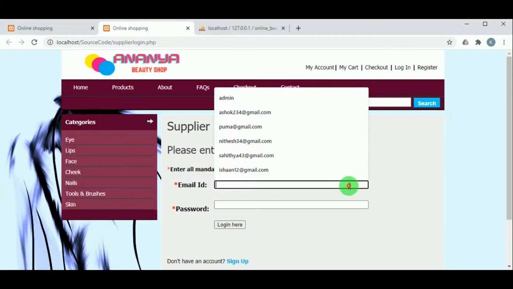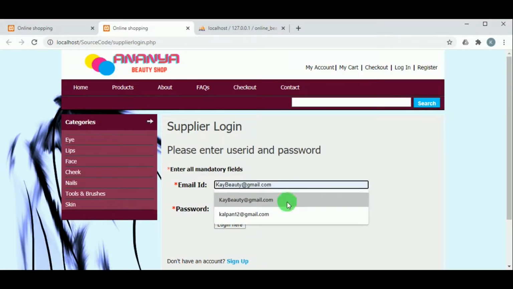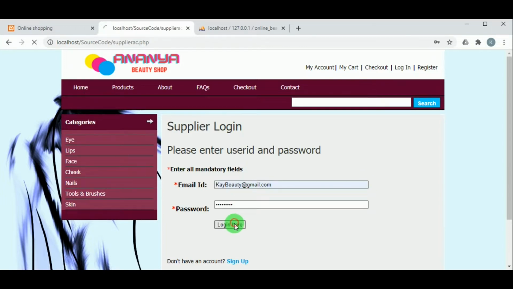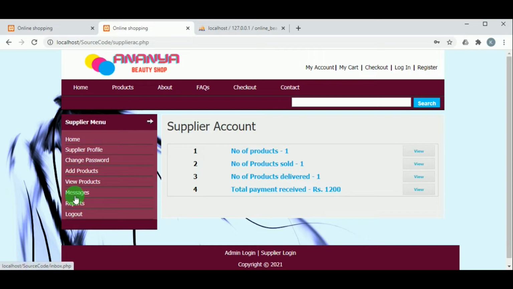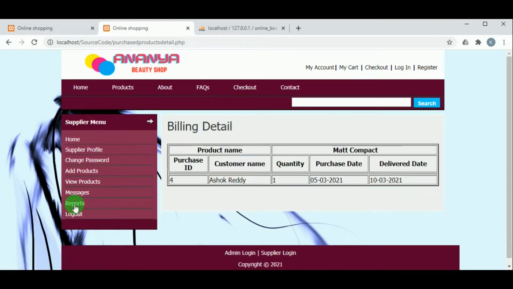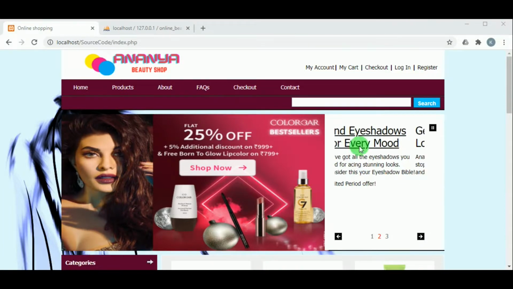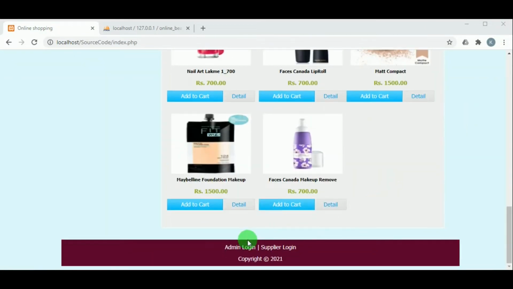Now let us log in as a supplier. We can see what reflections happen in the supplier's account when any customer buys the product. Now you can see under reports, the customer's billing detail, that is the customer name and the purchase date and delivery date, is available for the supplier.